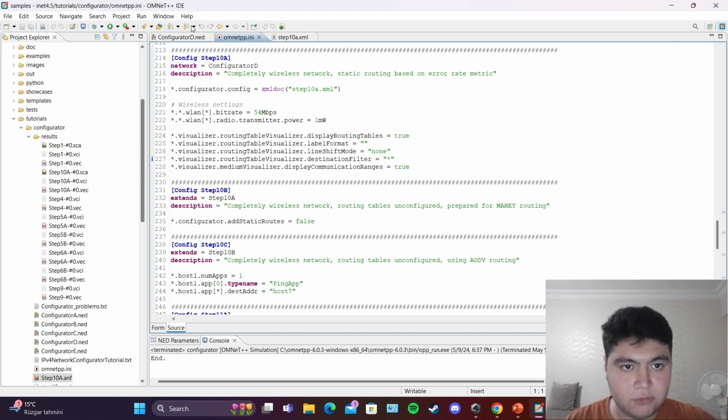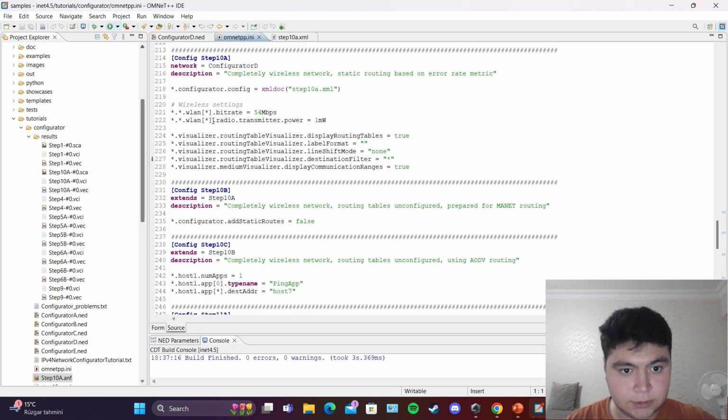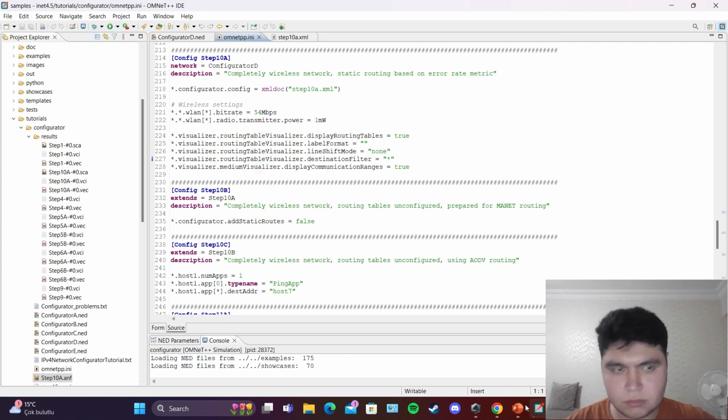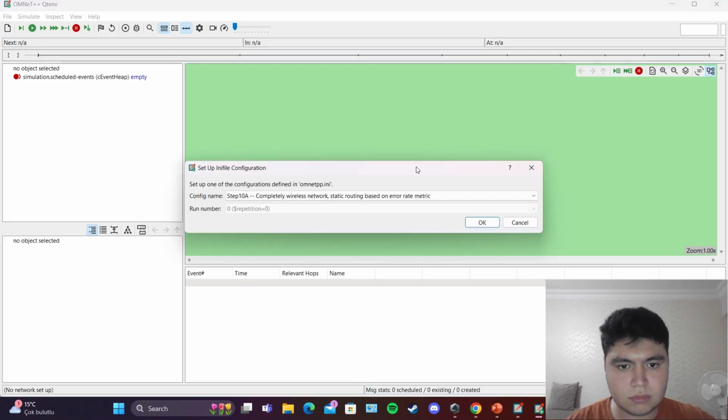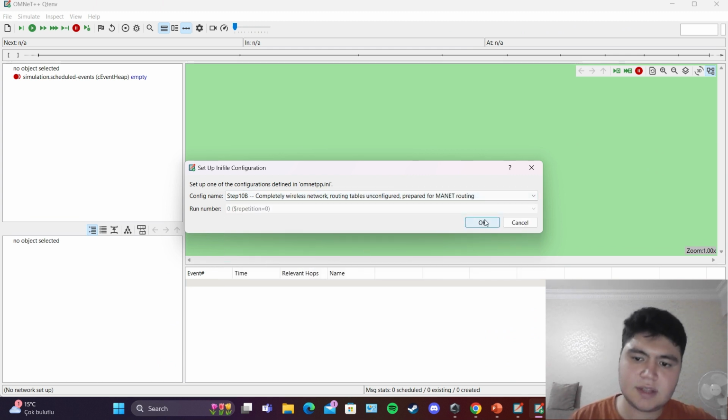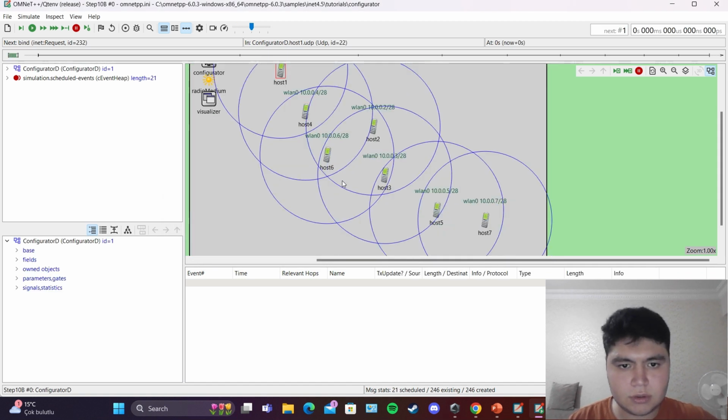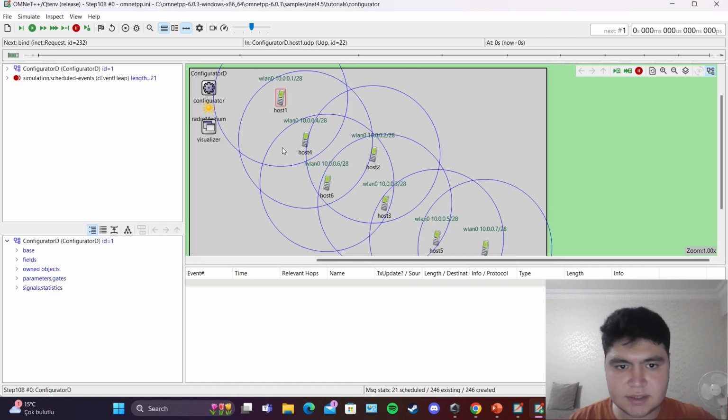So when we start our simulation 10B, you can clearly see that there won't be any routes between the hosts. You can see the distances, you can see the circles between the devices, but there are no routes. Let me start this